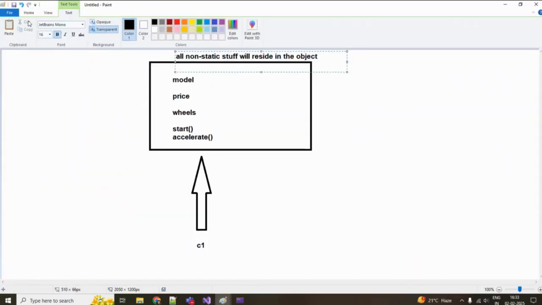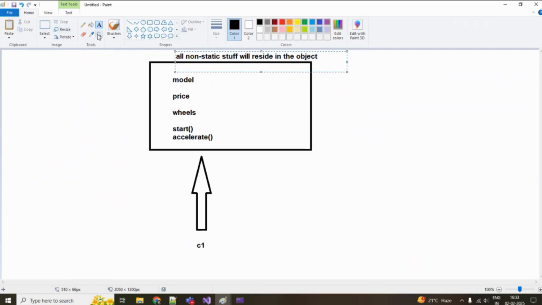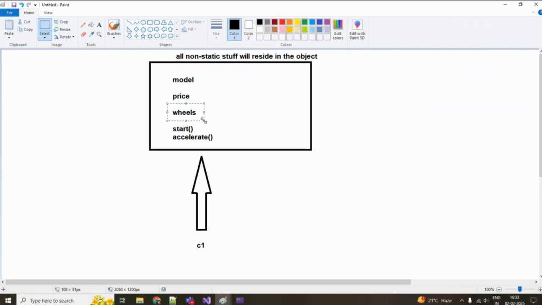This wheels is coming out of this because now it has become static, and all the non-static stuff will reside over there. So it will come over here and be deleted from this space, and it will create a space in memory, or in the class, you can say, where every object can access it because this is a common thing. Wheels is always equal to